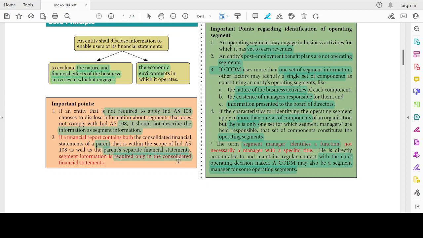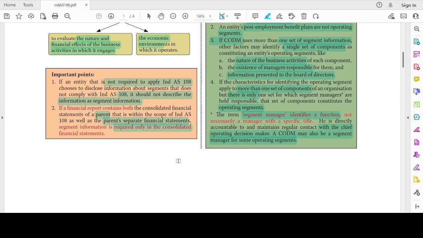If the characteristics for identifying apply to more than one set of components, I'm going to apply the same criteria for more than one set of components. Then it is saying to go based on these segments where the managers are there with the responsibilities. Okay, now